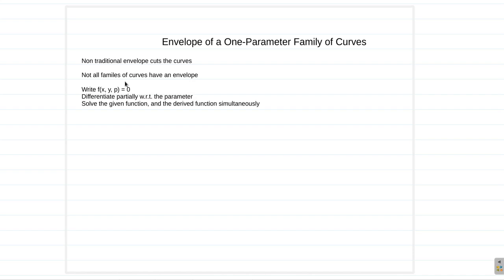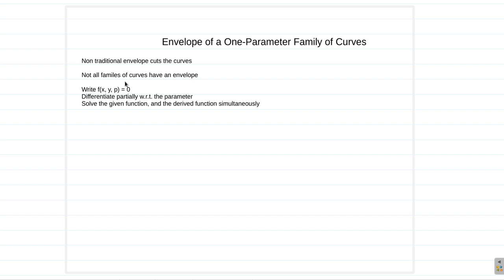We continue to look at the envelope of a one parameter family of curves. In the last video, we looked at the straight line. Alright, we're going to look at the quadratic curves right now. But since it's a one parameter family of curves we're dealing with,